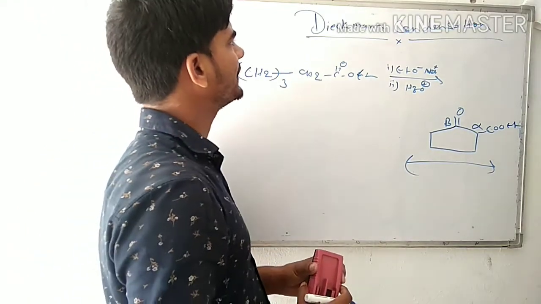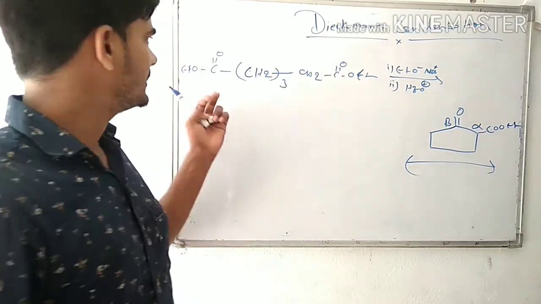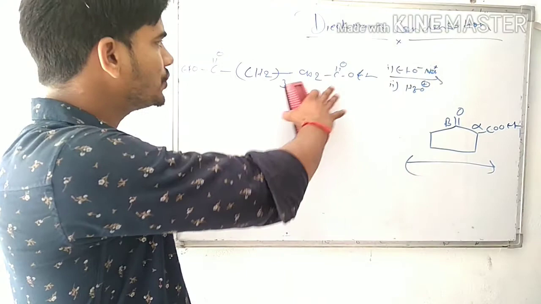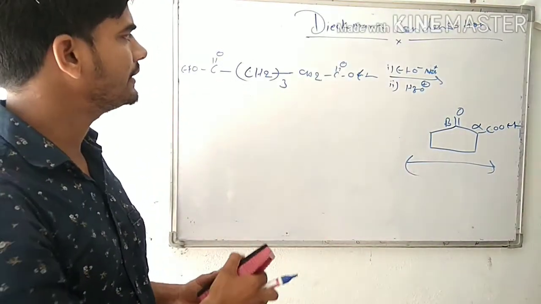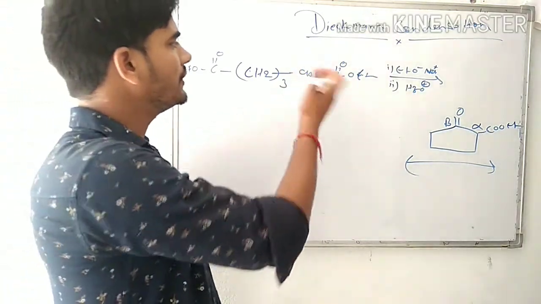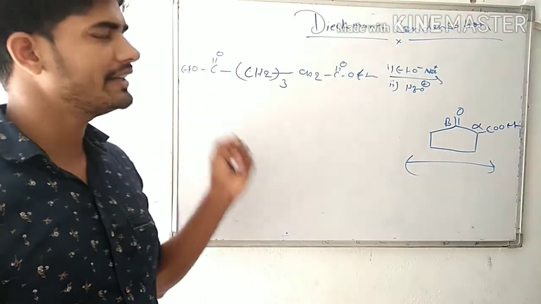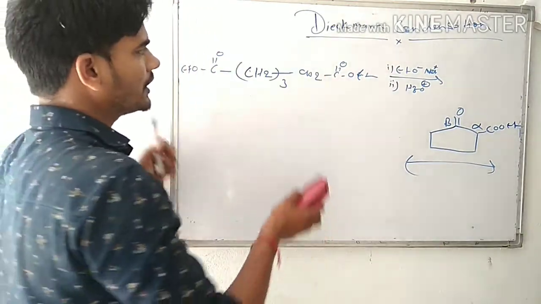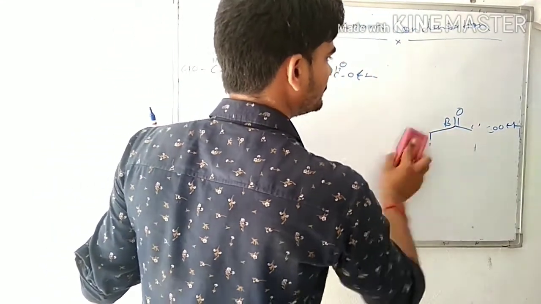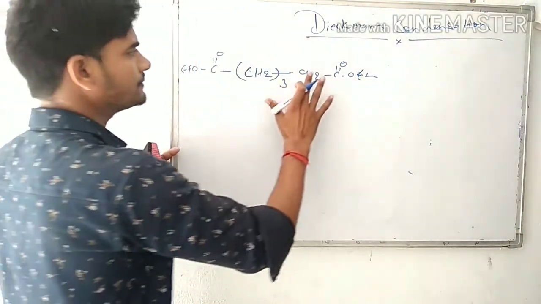The mechanism of Dieckmann condensation is very interesting because this type of reactant has 2 ester groups, and every ester group has an alpha carbon which forms an enolate ion and attacks a second ester group. Now see the mechanism of the reaction. It's a very interesting mechanism.